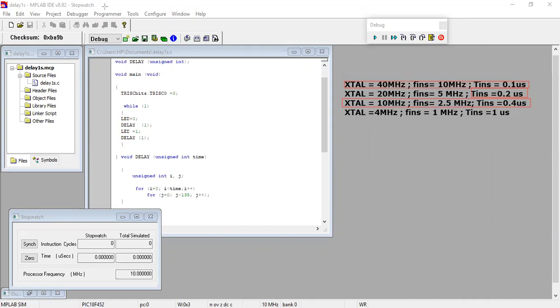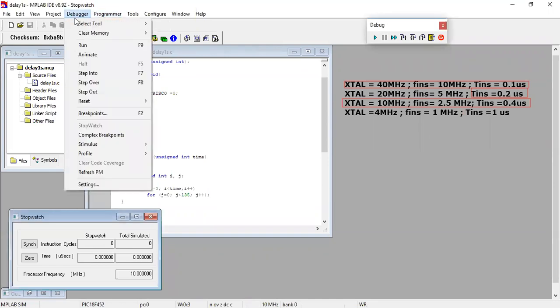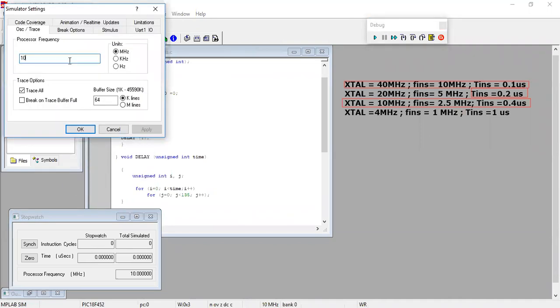Before we proceed, let me show you how one can set the crystal oscillator value. If you go in the debugger menu in the menu bar, there are settings. There you can change the crystal oscillator value. You can use 4, 40, or any value between 4 to 40 megahertz, because these are useful for PIC18F microcontroller.